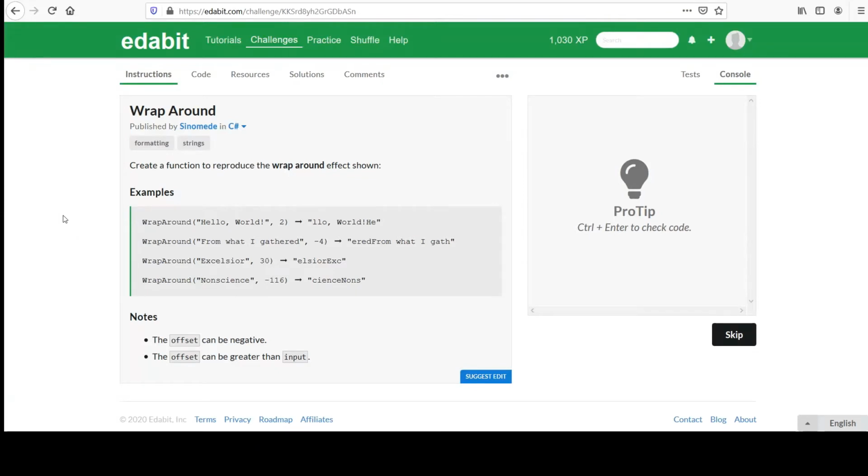Next challenge is entitled Wraparound. Create a function to reproduce the wraparound effect shown. Let's look at the examples to see what they mean. Consider the text "Hello World," that common phrase that we see in